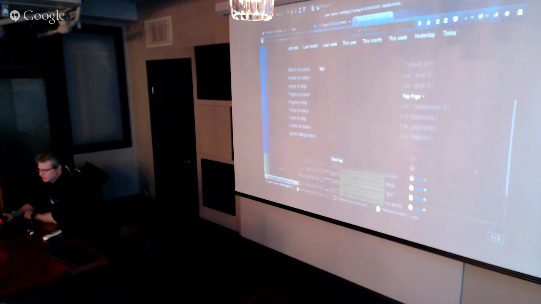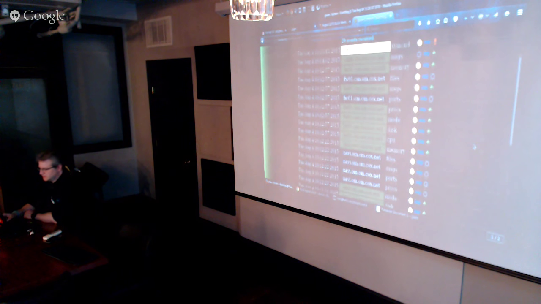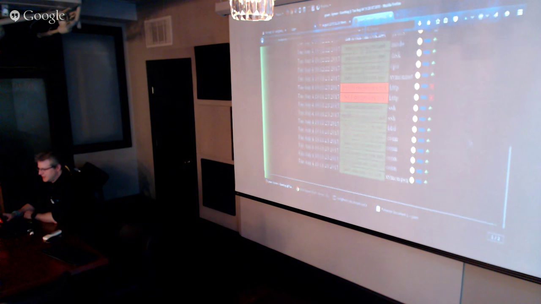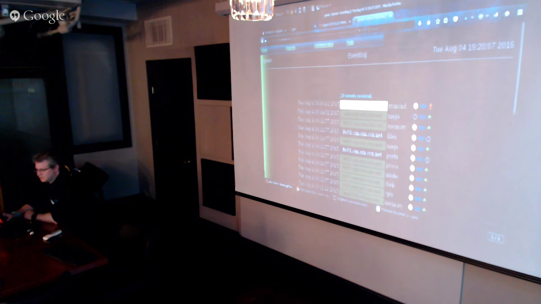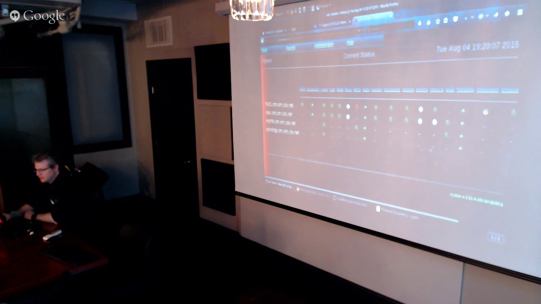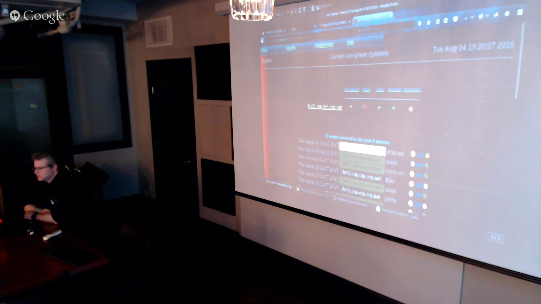So you can actually have it give you the reports. This goes back in time. You can see where the tests switch. If you click on this, you can actually get historical data that keeps tabs on all this. There's just the main view where you see everything. And this is the non-green view where it just shows you trouble spots.